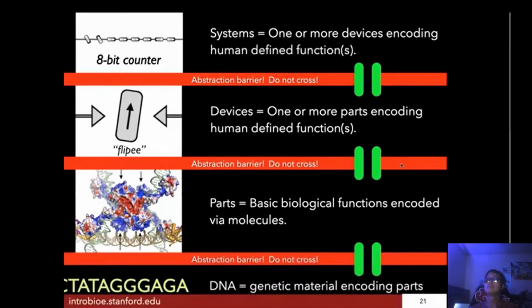Ultimately, in biology, we've got to encode these parts. We've got to compose it into the DNA sequence itself. That's the genetic material, right? So this is what's called an abstraction hierarchy, or a framework that lets you systematically organize layers of function. And as you compile down, you get closer and closer to the instantiation of it in actual living matter, in our case, in DNA. And you could replace what's on the top.